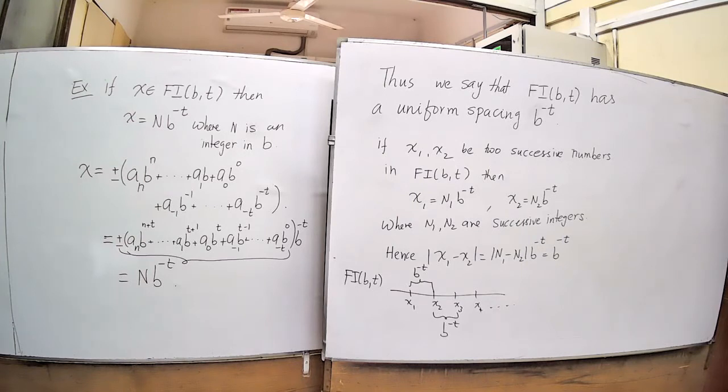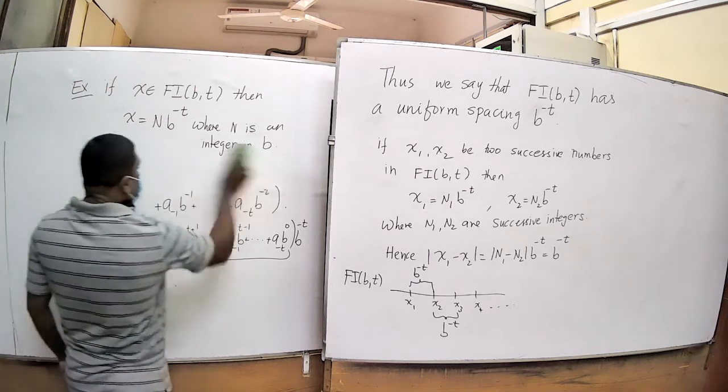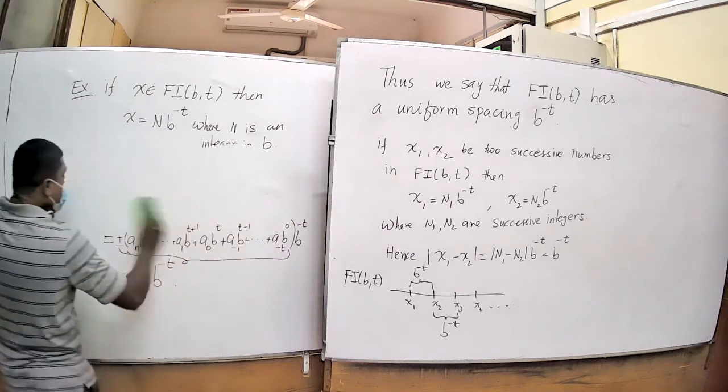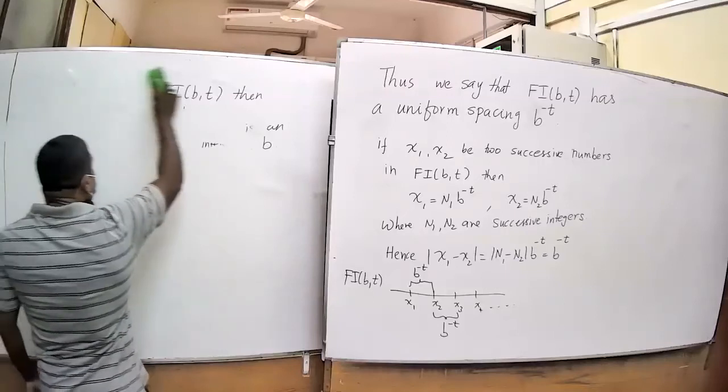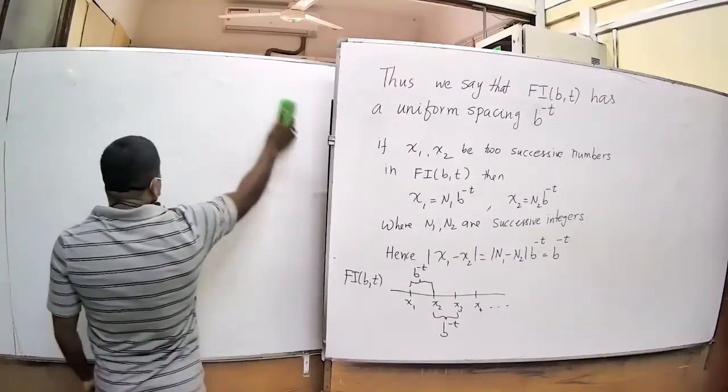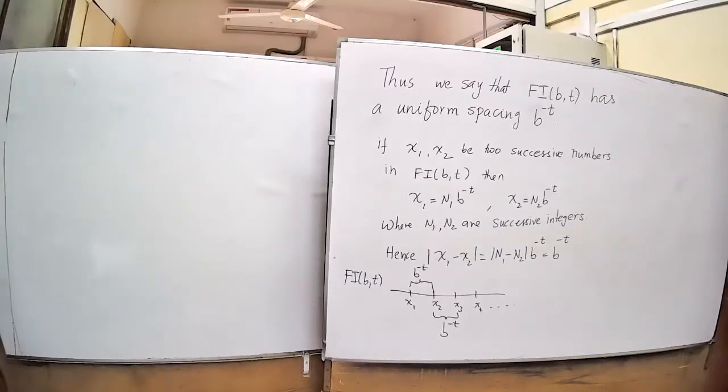Now the other number representation, the floating point number representation. What is the difference between the floating point number representation and the fixed point number representation? Floating point representation is more like a scientific representation, or scientific notation, which you have learned in your O-level math. Here again we are going to do a similar type of thing in the floating point numbers.